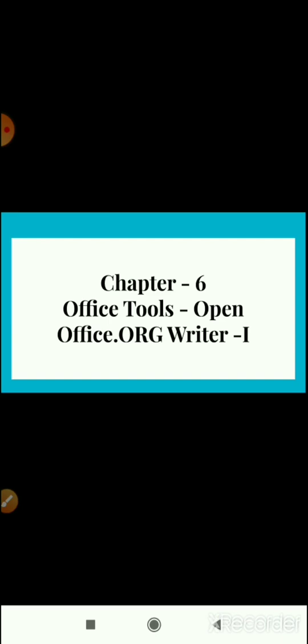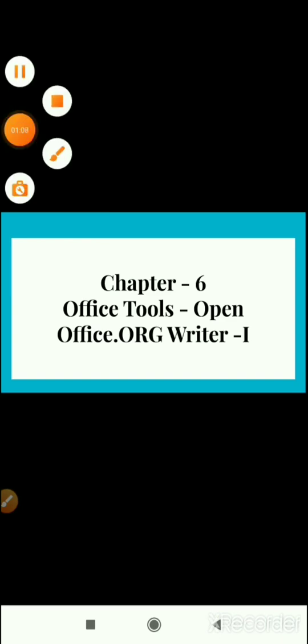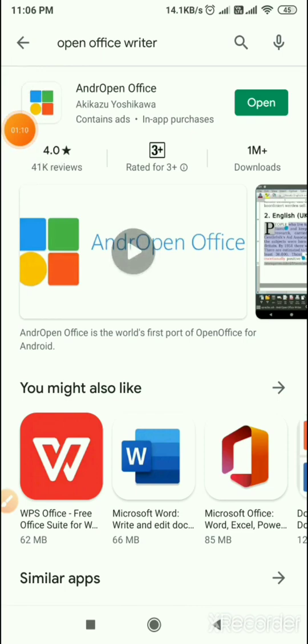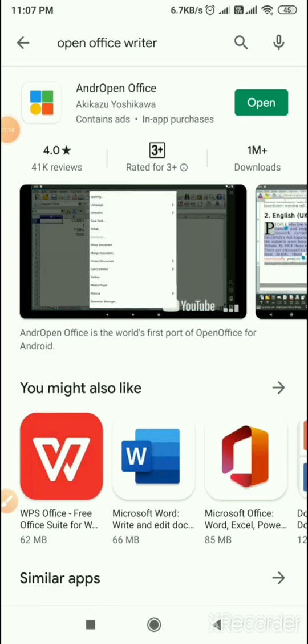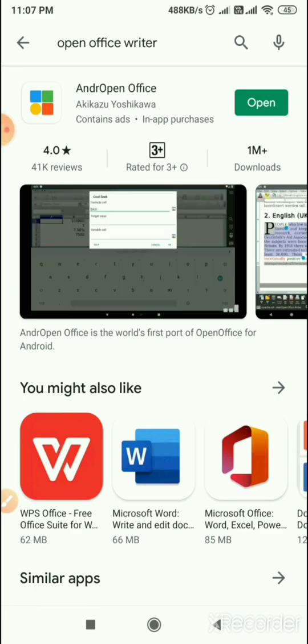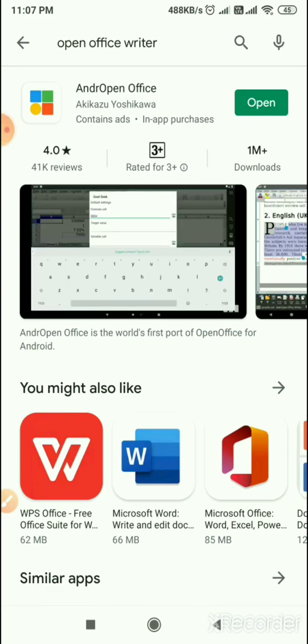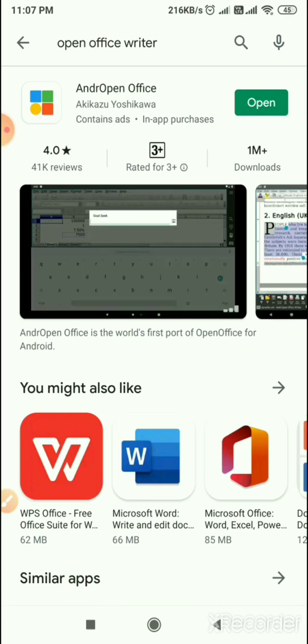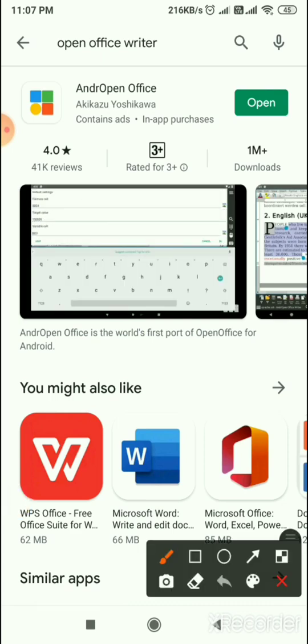So now I am telling you how to download the OpenOffice application in your mobile phone. Just go to the Play Store and there type OpenOffice Writer. In that, there will be the option you download this one.